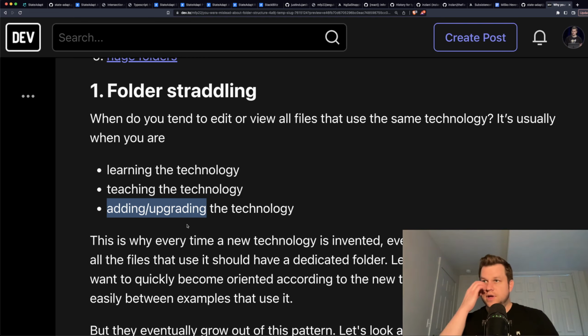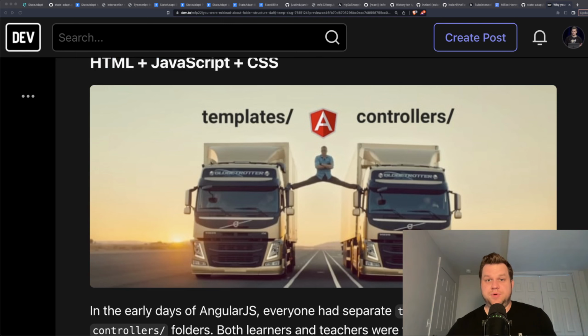Basically they want to switch quickly between examples that use the same technology so that they can orient themselves as quickly as possible around the new technology. But eventually they grow out of that pattern, and I have a few examples. The first example is when AngularJS was new. Most Angular developers